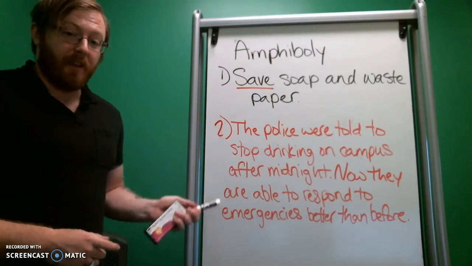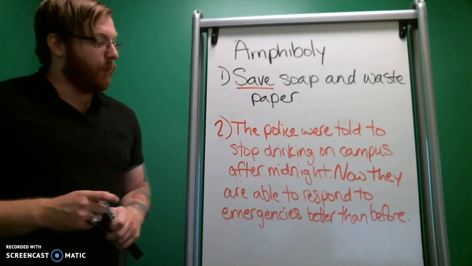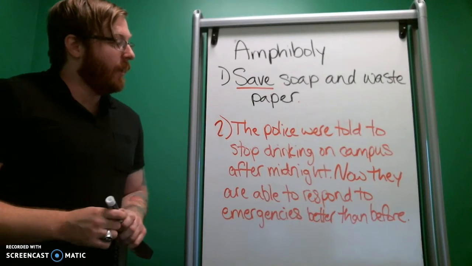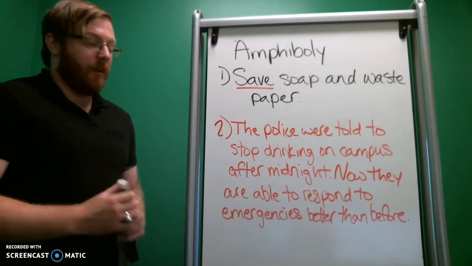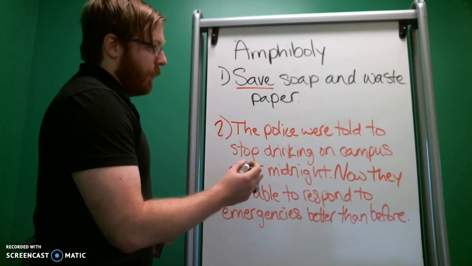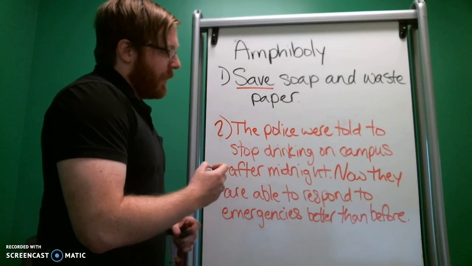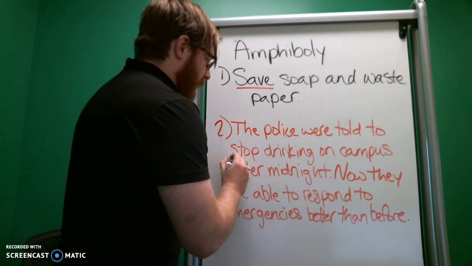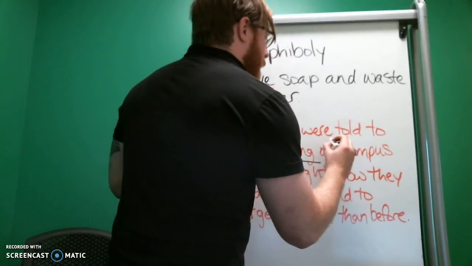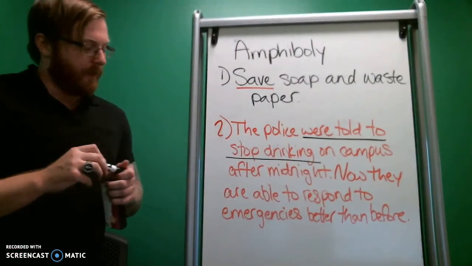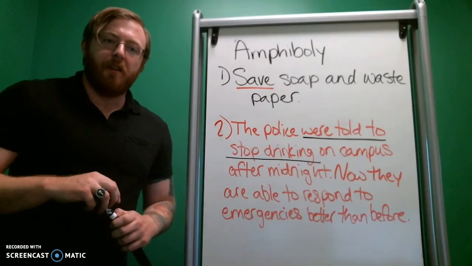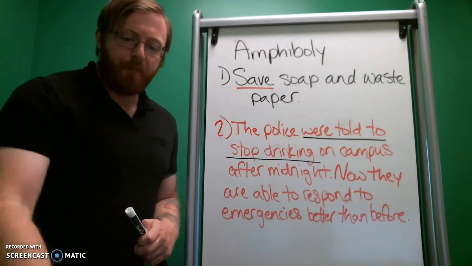So once again, it's unclear which of the two meanings we should be reading into the sentence, right? So we can read either one in without any additional information. It's completely ambiguous, and that's based on the sentence structure, right? So the police were told to stop drinking on campus after midnight, especially here's where we have some ambiguity, right? We're told to stop drinking. Is it they themselves who were told to stop drinking, or to stop others from drinking? So hopefully the fallacy of amphibole is clear to you now.